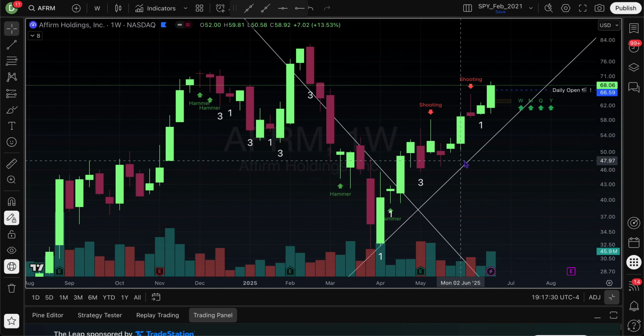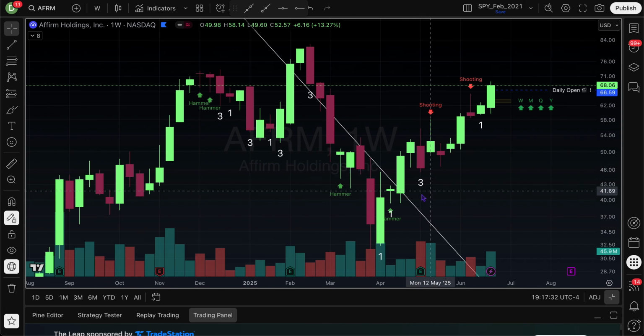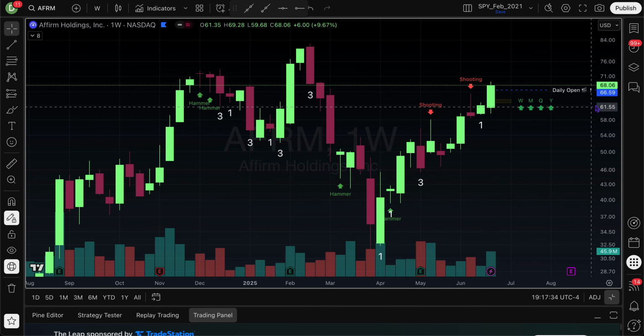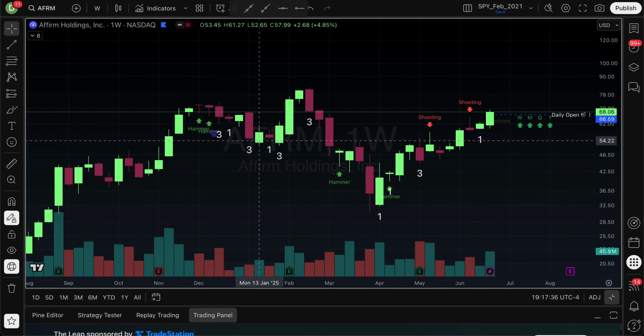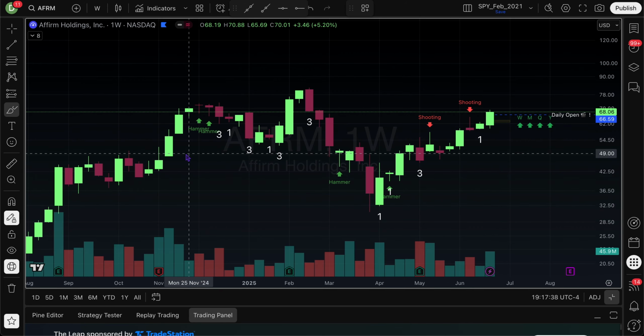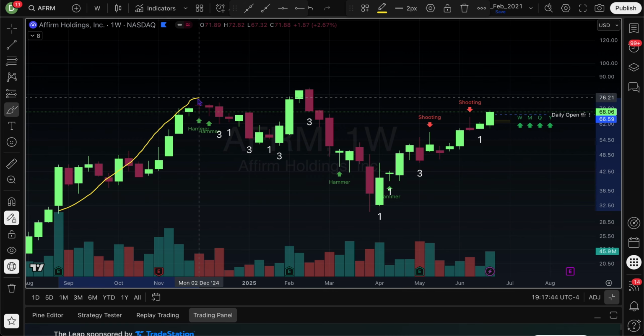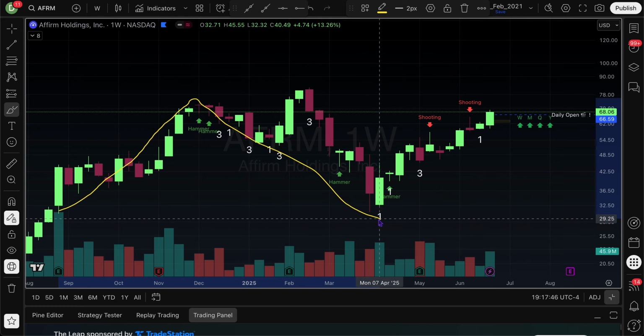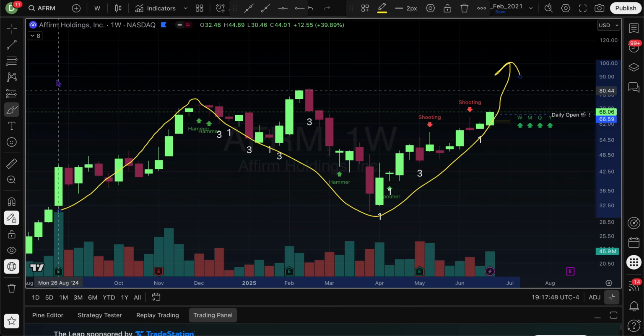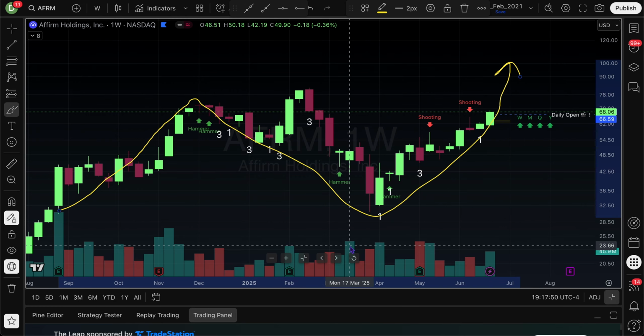So higher highs, lower lows. Yeah, I can delete these. And honestly, the easiest way to spot a broadening formation is to draw some lines, right? So if I draw this high, low, so we're going back up to the highs, right? And you should be able to get these arrows like boom, boom, boom.